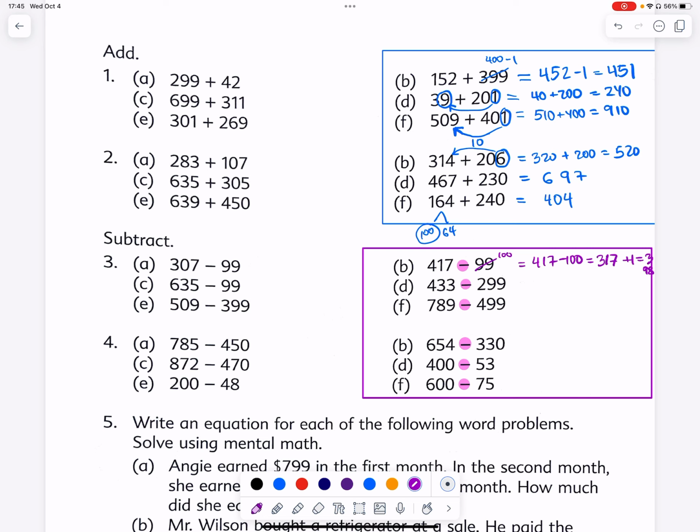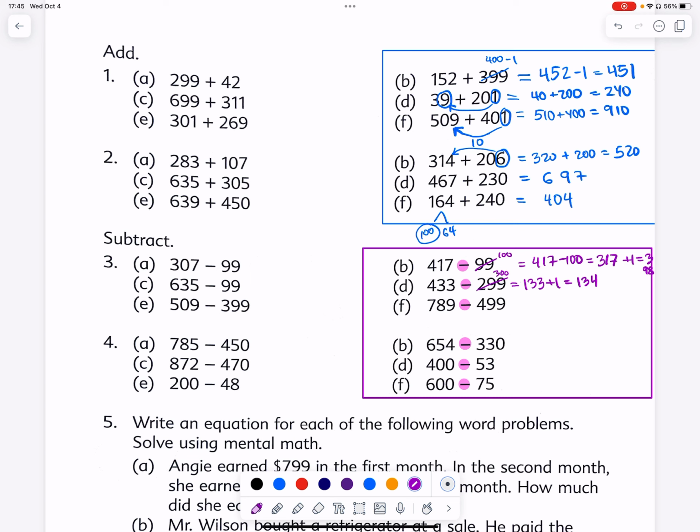Now, to subtract 299, first subtract 300. But because you subtract 1 extra, you gotta put that 1 back. So let's go. 433 minus 300, 133. But we subtracted one extra, so let's put it back. The answer is